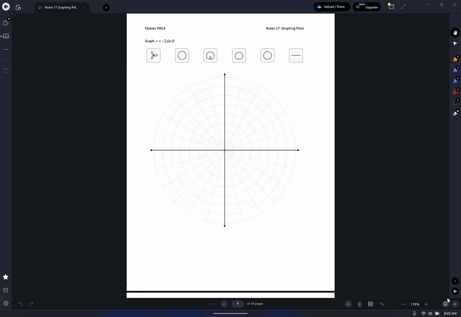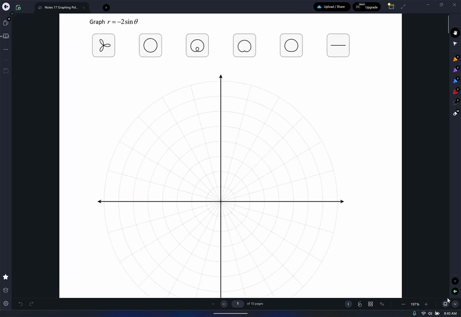To do note 17 here, graphing polar. And I know you guys know how to graph it with your calculator, but let's see if we can figure out how to do it by hand. So I have an equation here,